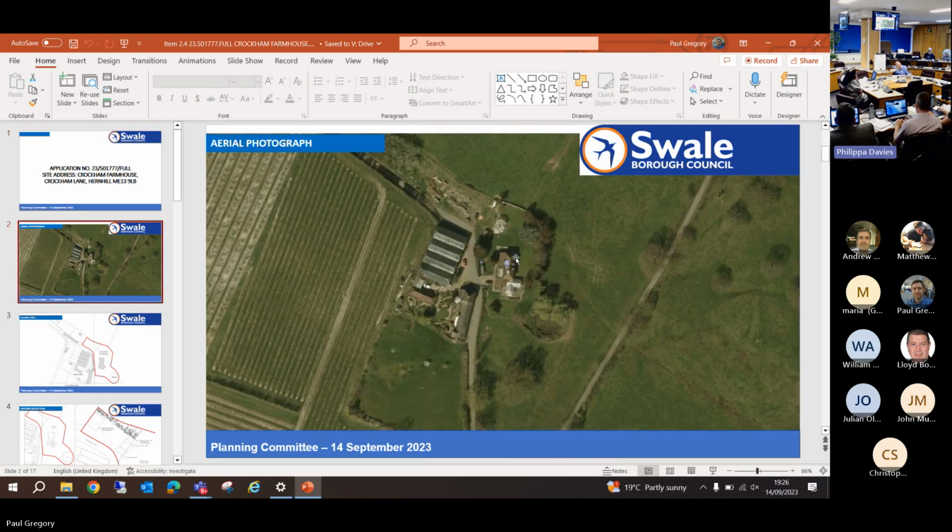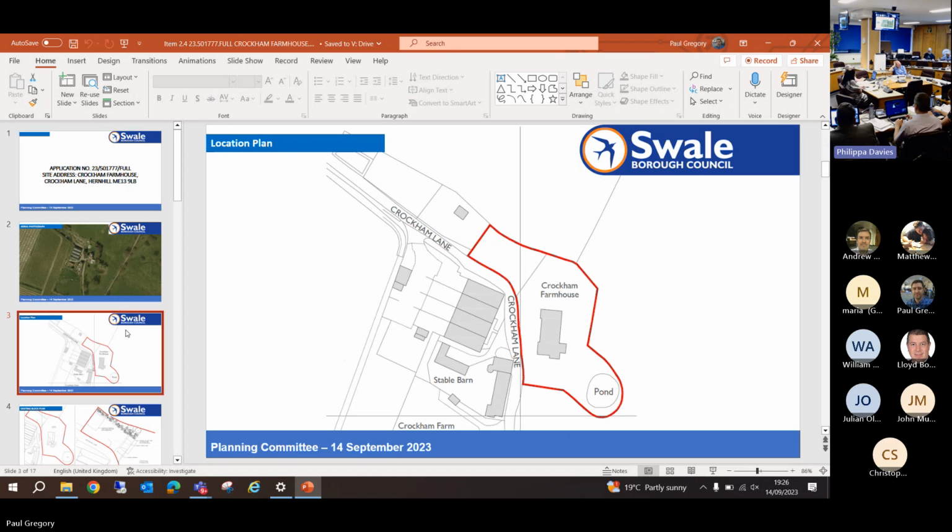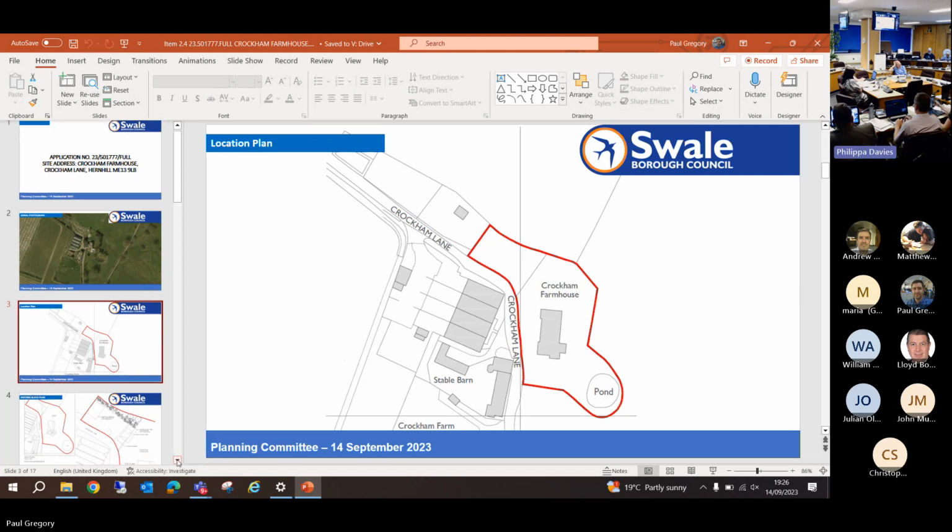This is an overview of the site. If you can see where my cursor is, that's the existing dwelling. The location of the proposed annex and garage, etc., is where my cursor is there. There's a row of 4 dwellings just to the south located there. So we're in the countryside for local plan purposes, but there is a small amount of development in the local context there. In terms of the site, that's outlined in red there, and where the annex, garage, etc., is proposed to be sited